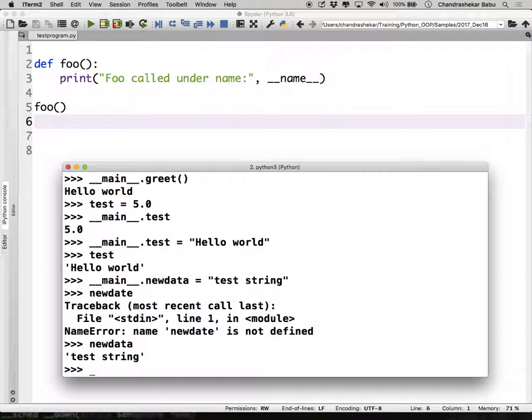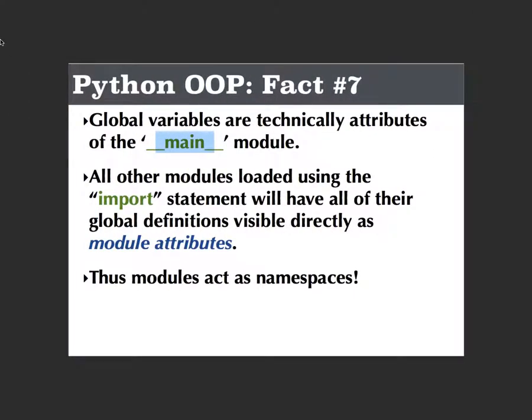Like when we say create a variable, it cannot just hang in there. It has to be an attribute of some object. All variables are attributes of a module object. So a local variable is a part of the function frame object, okay? A global variable is a module's attribute, right? Main module's attribute. Likewise, I should also tell you, all global variables are technically attributes of main module.